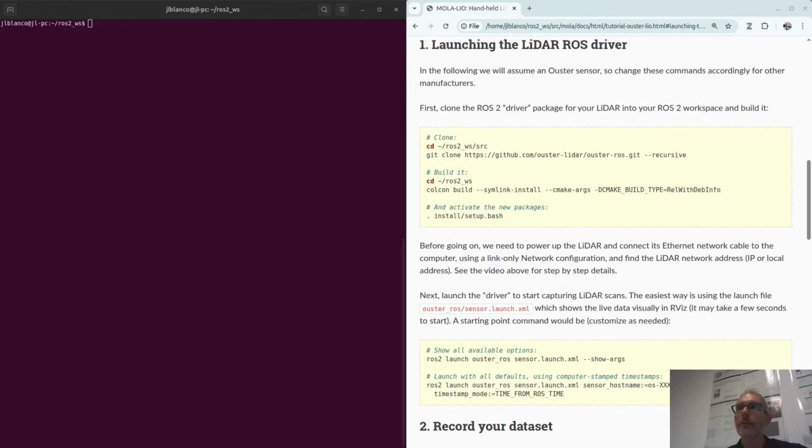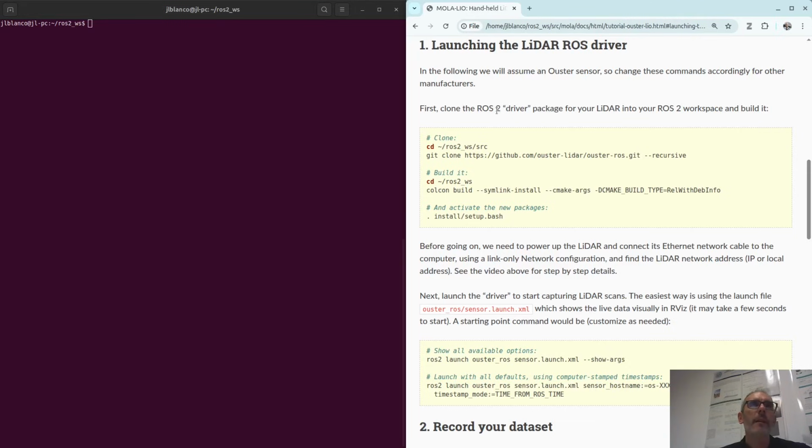I will assume that everything is already set up and you have the wiring done. And then, of course, we need the software. We need what is called the ROS driver. It's not a driver in the sense of an operating system, but just a ROS package which reads the data from the network and publishes that to a ROS topic.